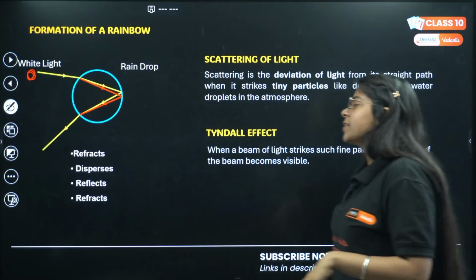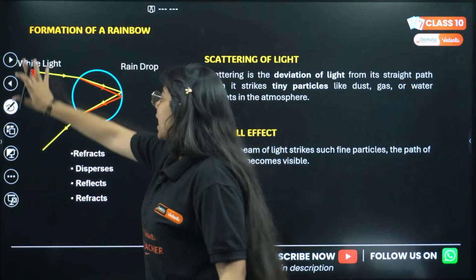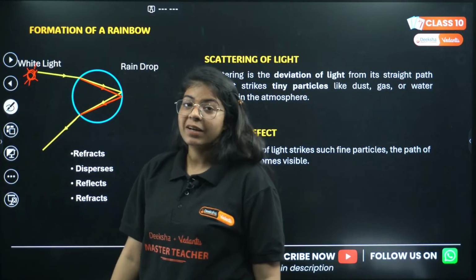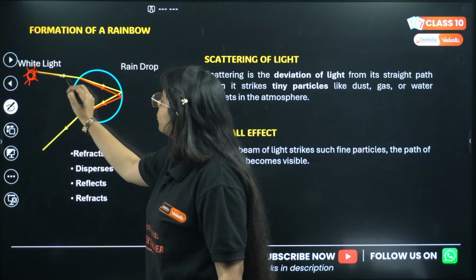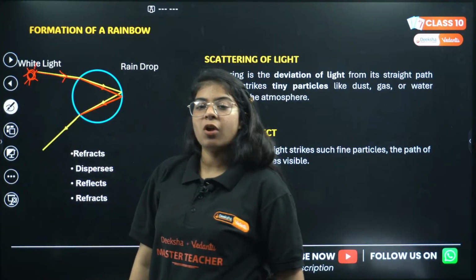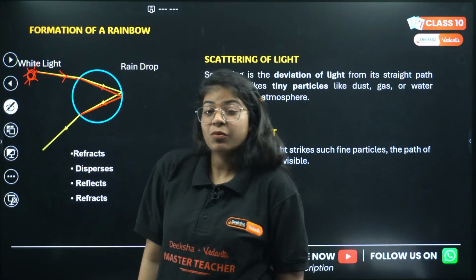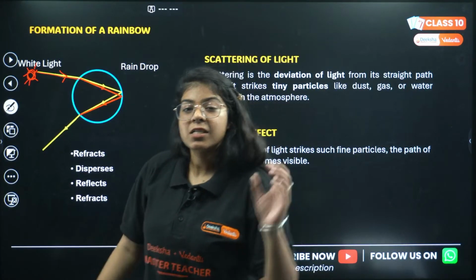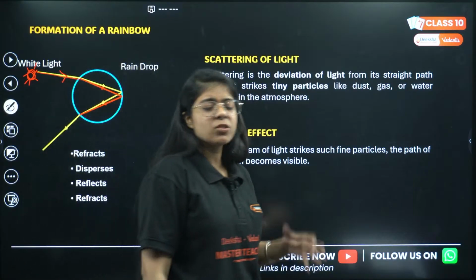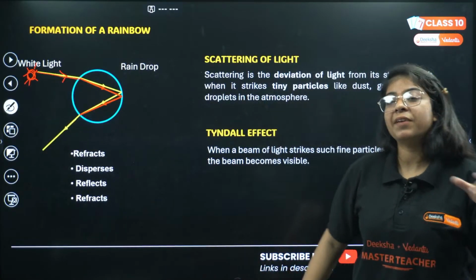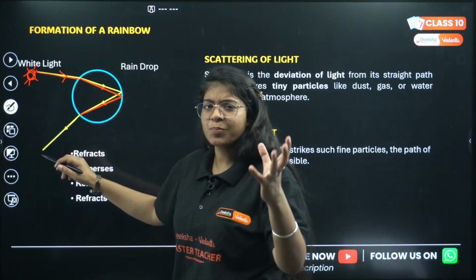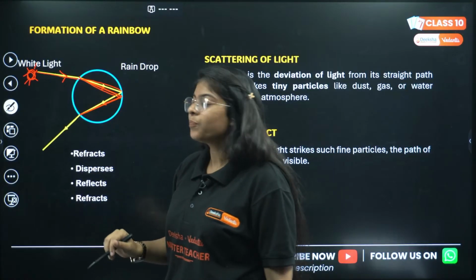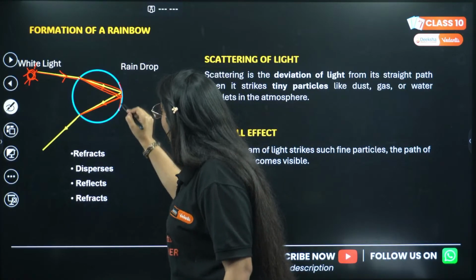So what is happening? This is my water droplet and this is the sun. The white light, of course we know sun gives white light, comes in and enters the water droplet. Now obviously the refractive index of a water droplet is different from the refractive index of air. So what will happen? Dispersion of white light happens, or you can simply say for now refraction happens. Yes, dispersion happens. It splits into its 7 constituent colors, and inside this water droplet the light gets